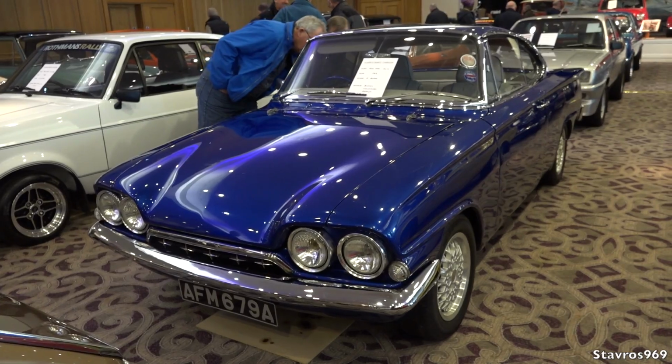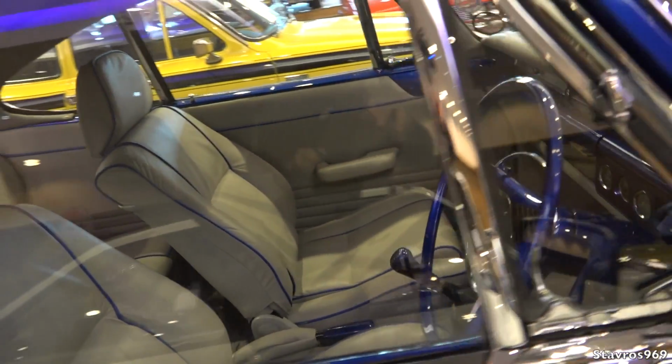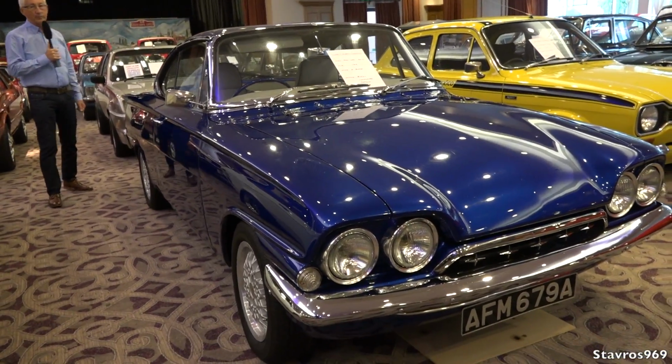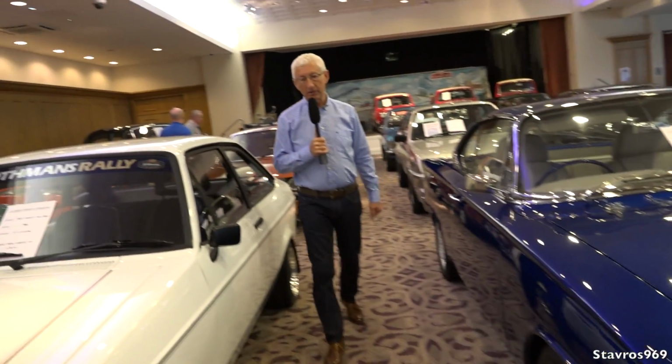Yes. A very unusual car, but beautiful, absolutely beautiful. That's a fantastic, lovely example indeed. So now I think we'll maybe move over to something that we haven't had in a long time,